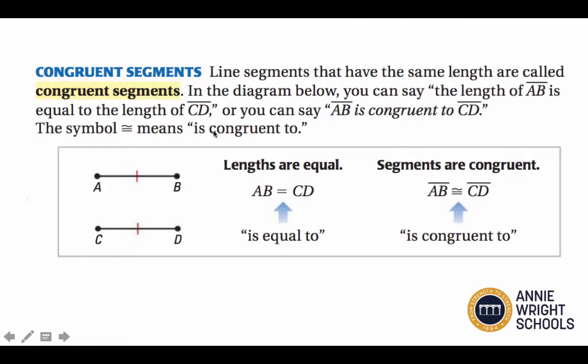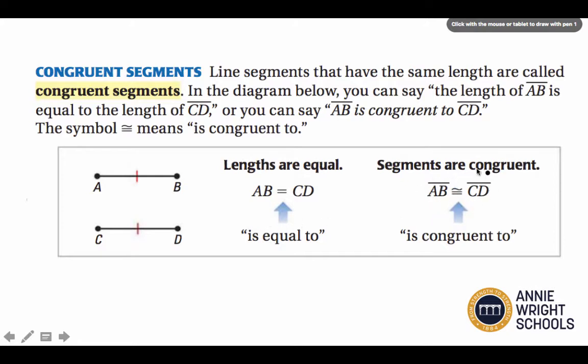All year long, we will talk about this, and it's really important that we get this straight. When we talk about shapes in geometry, we say shapes are congruent. What we mean by that is that they are the same lengths. But when we say the lengths are equal, we have to write it as distances equal to each other. When we talk about shapes, we have to say they're congruent. It's not a perfect example, but I'll try.